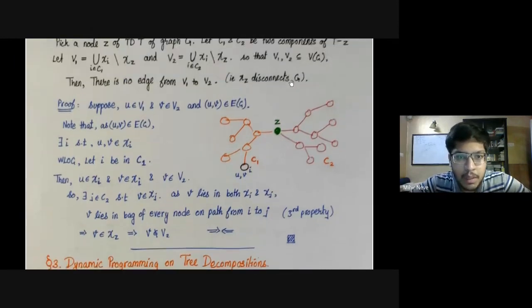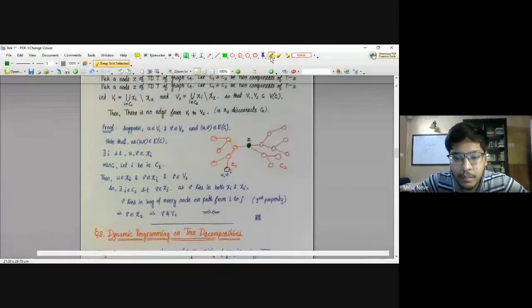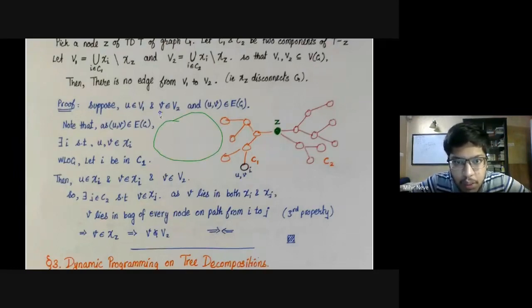So how to prove this? Suppose that there was indeed an edge. Let's say there was some edge UV which went from V1 to V2. So you are able to see what we are doing. If this was the original graph G,